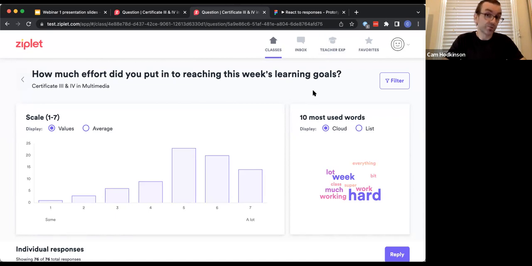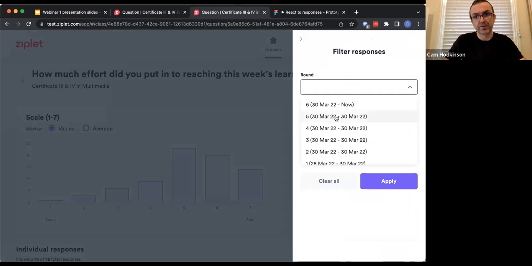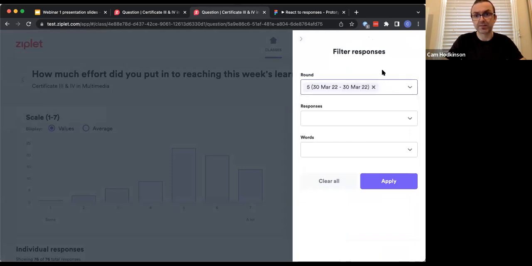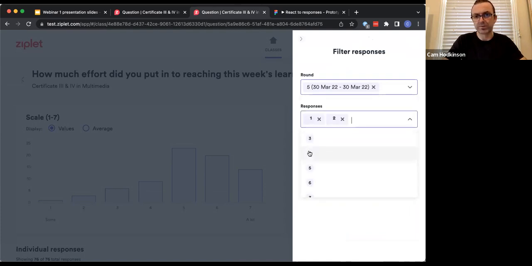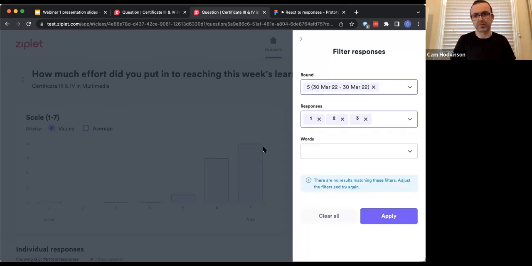And what you can do is use your filters. So I'm going to filter by the latest round, the last time I asked this question, and I just want the lowest responses. So the students who are not putting in as much effort as everyone else.